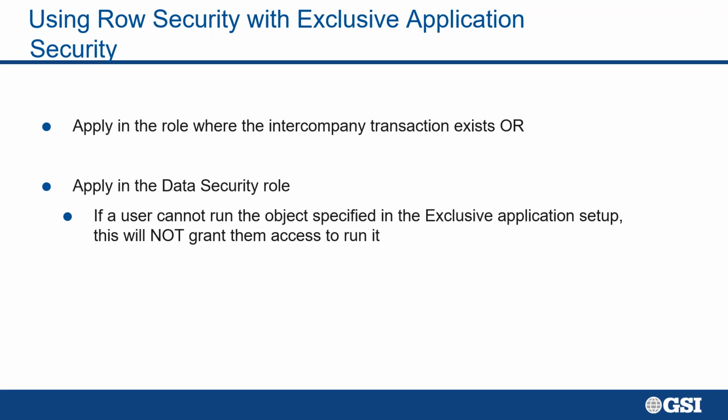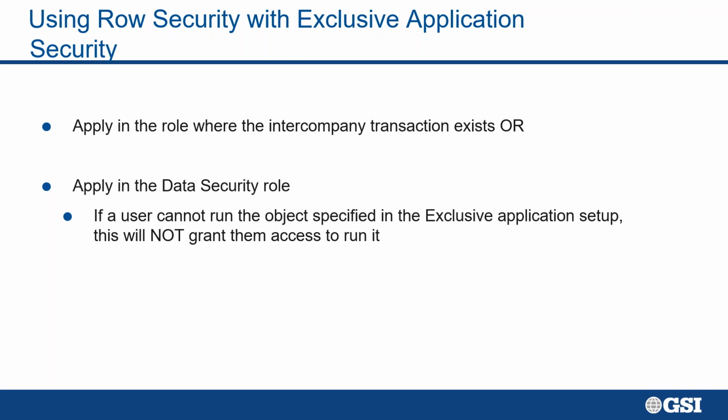user still has to have functional access, type 1 and type 3, action and application access, security access to P4210. If they do not have the ability to run and add, change, and delete within that program, then the type 9 exclusive app security will be overwritten. They have to have the other type of security. They have to be able to run and perform action security within that program for the type 9 security to